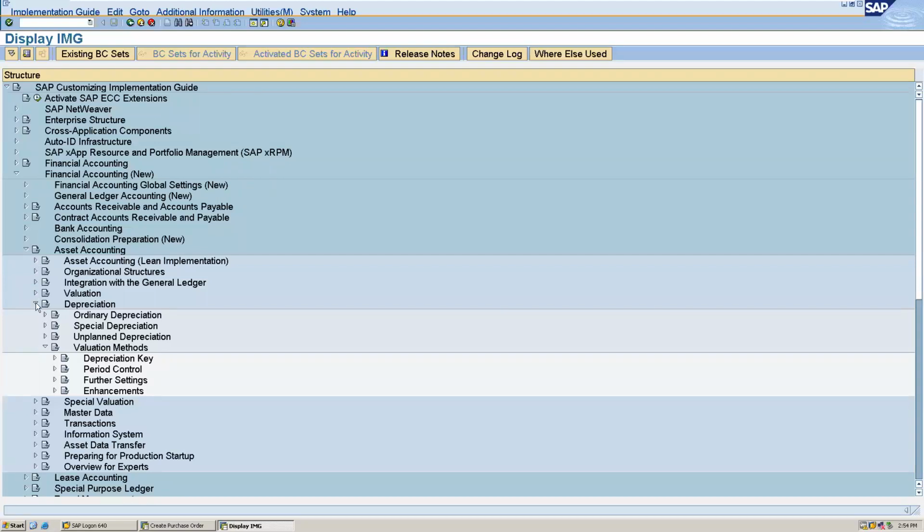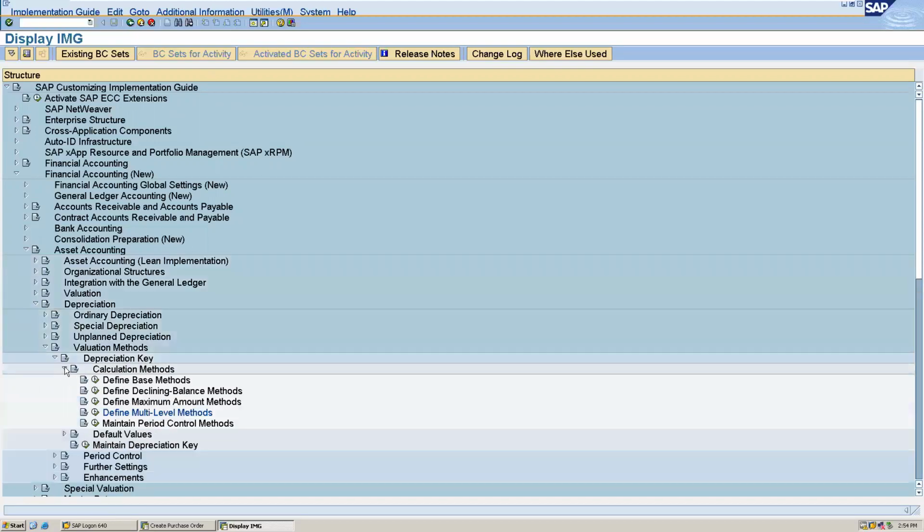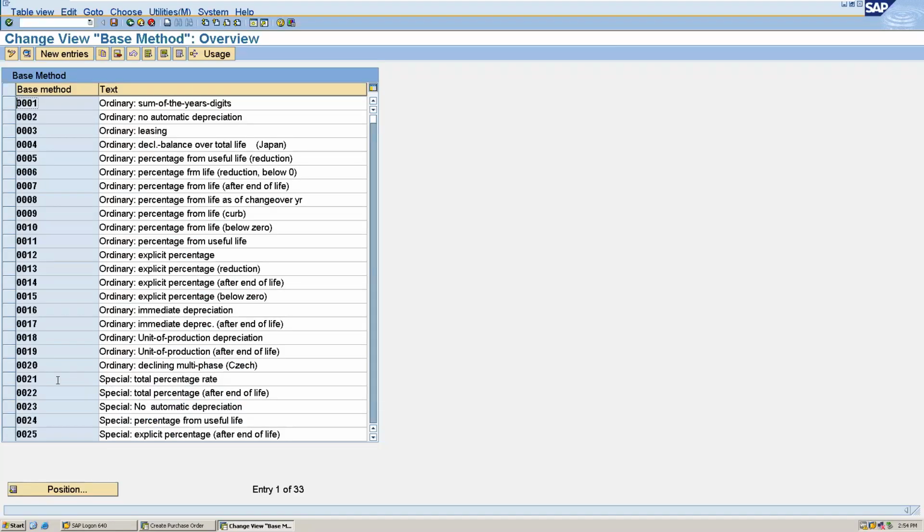And in the depreciation, you have to go to valuation methods. And in the valuation method, you have to give depreciation key. And here calculation methods. Here you will see the define base methods. In that we will select the standard one, which is 0014.